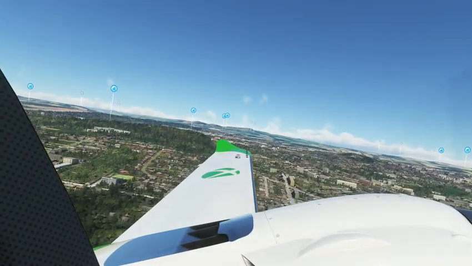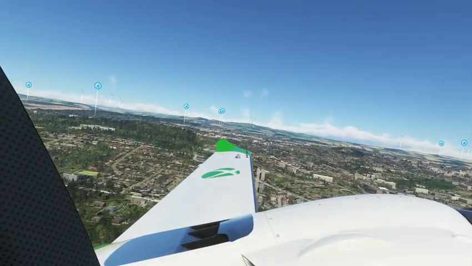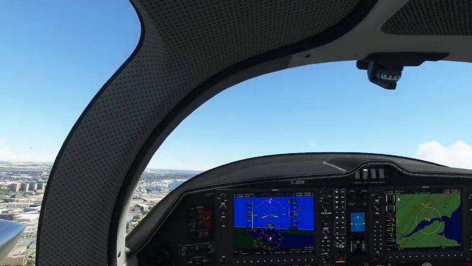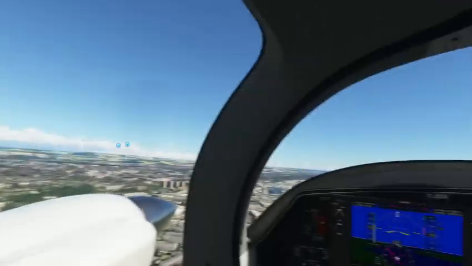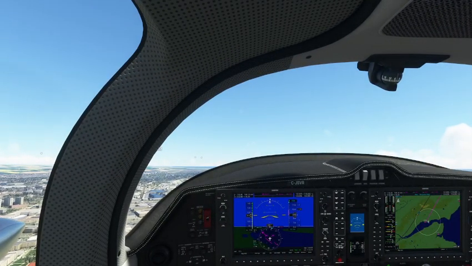It's a beautiful city down there. Maybe we'll have to tour the city of Dundee. That'd be something if we did that. I don't know how accurate things are. I know the Bing maps are pretty good, but